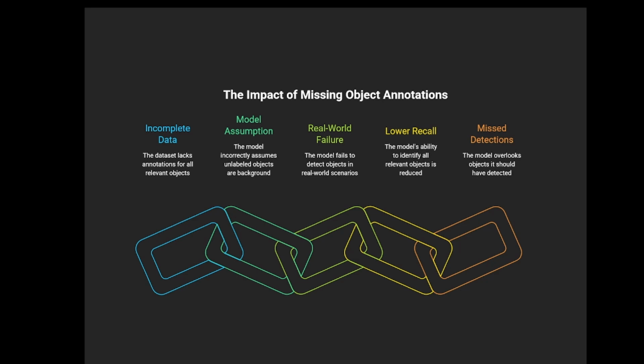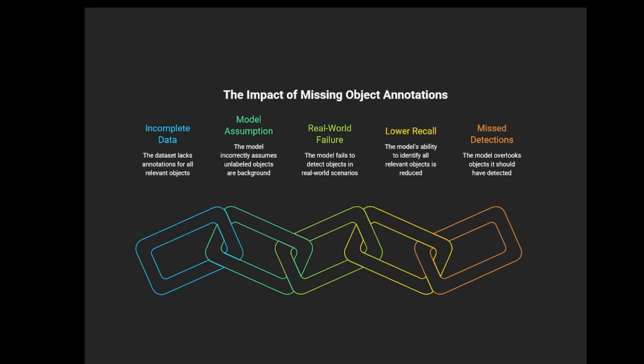Imagine an image with 5 cars, but the annotator has labeled only 4. What happens to the 5th car? The AI doesn't know it exists. Instead, it assumes this object must be the background. Now imagine repeating this mistake thousands of times. Eventually the model learns that many real objects are actually background. Then the result, when deployed in the real world, it starts missing vehicles, pedestrians, traffic signs, or any other object